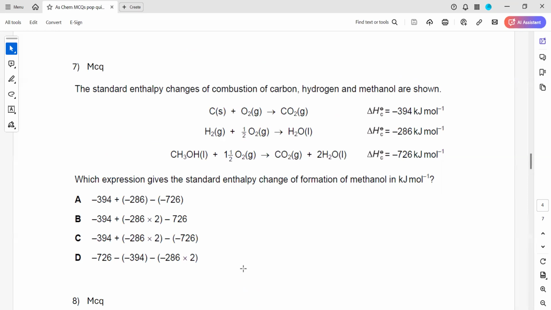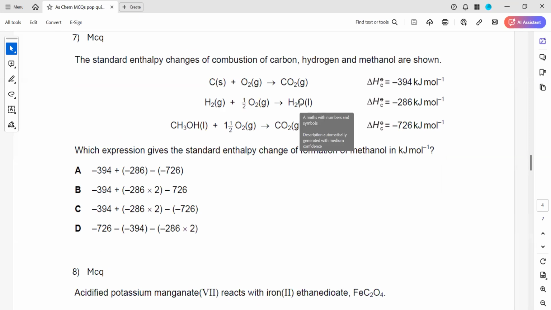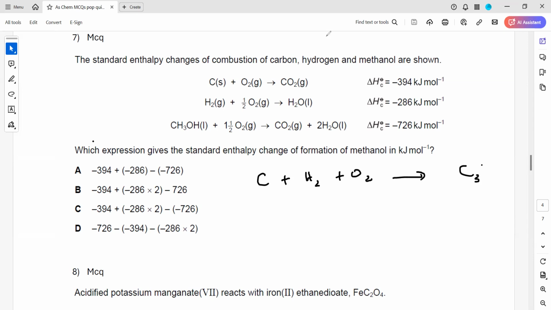Okay. Question 7. Combustion is given. Which expression gives the standard enthalpy change of formation of methanol? Look, the term formation, what it refers to, formation means when elements form a compound. So if I have carbon, hydrogen, and oxygen, and they all react and form 1 mole of methanol,